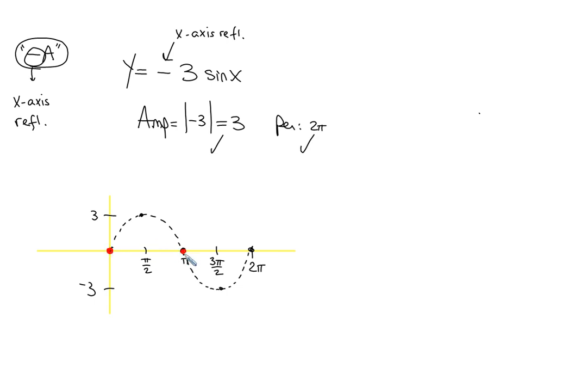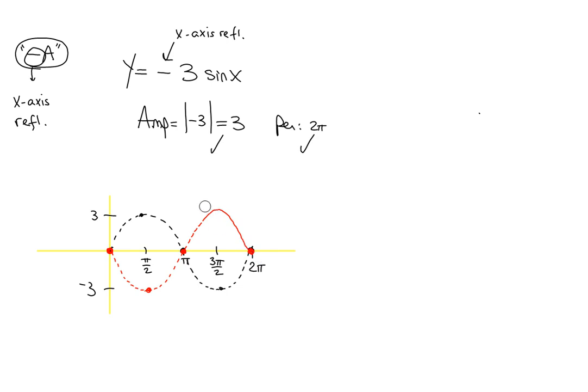If I reflect this one, it stays the same. If I reflect this one, it stays the same. Notice I'm not reflecting the whole curve. I'm reflecting one point at a time. This one was up at 3. When I reflected over the x-axis, it drops down to negative 3. And my negative 3, likewise, reflects up to positive 3. And so now this is what the x-axis reflection looks like